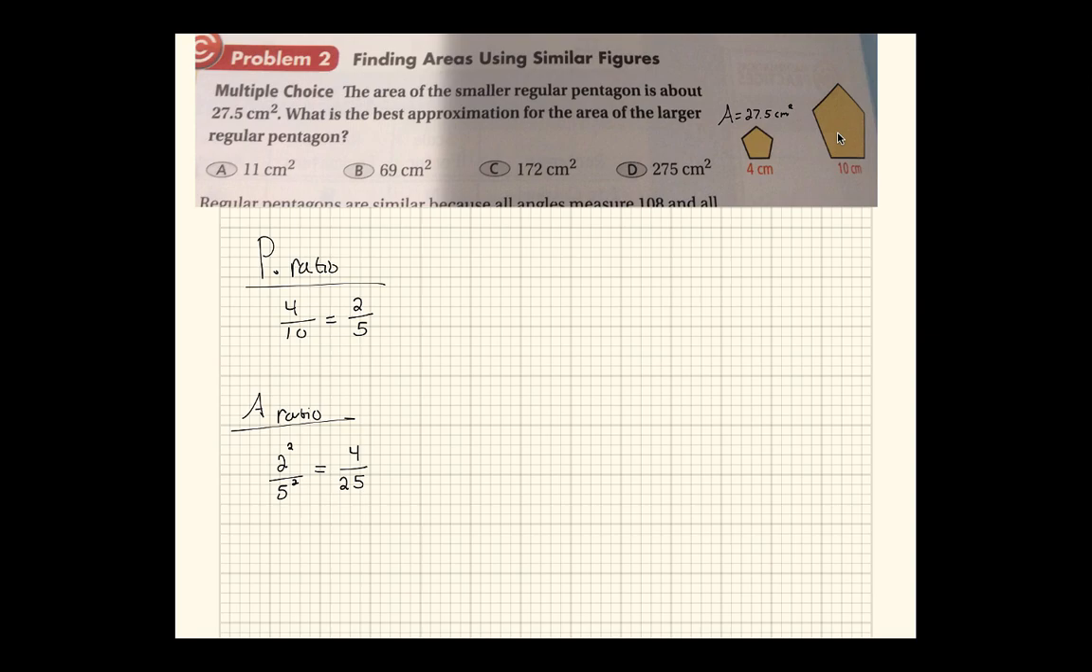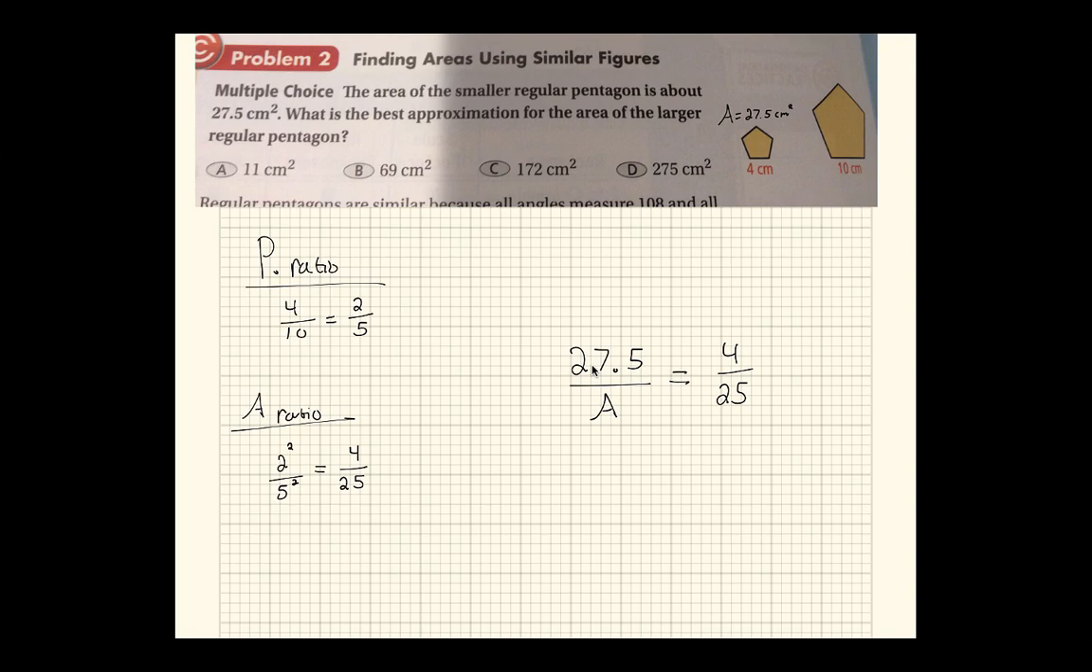Okay, so we know that 27.5 to whatever our other area is, the area of the larger figure, is going to be in the same ratio of 4 to 25. Make sure when you're setting this up, notice I have 4 on the top, the smaller number. This area is the smaller area, so make sure that's on top on the left side